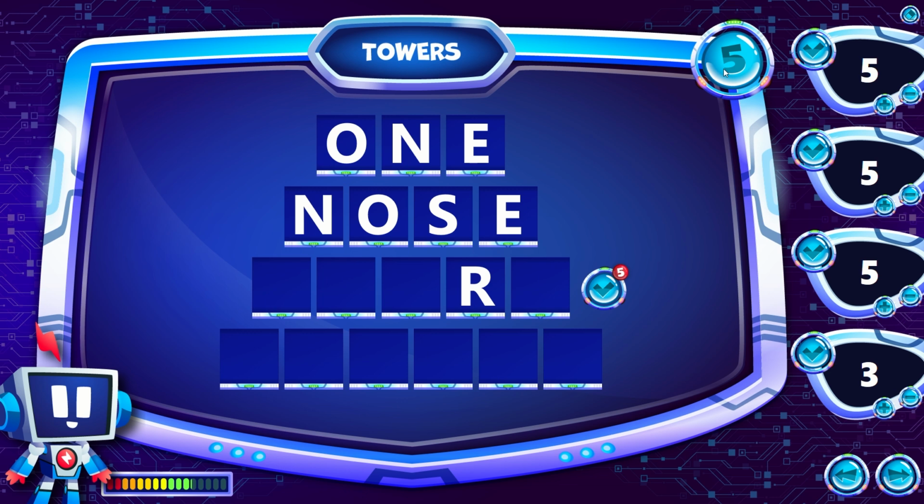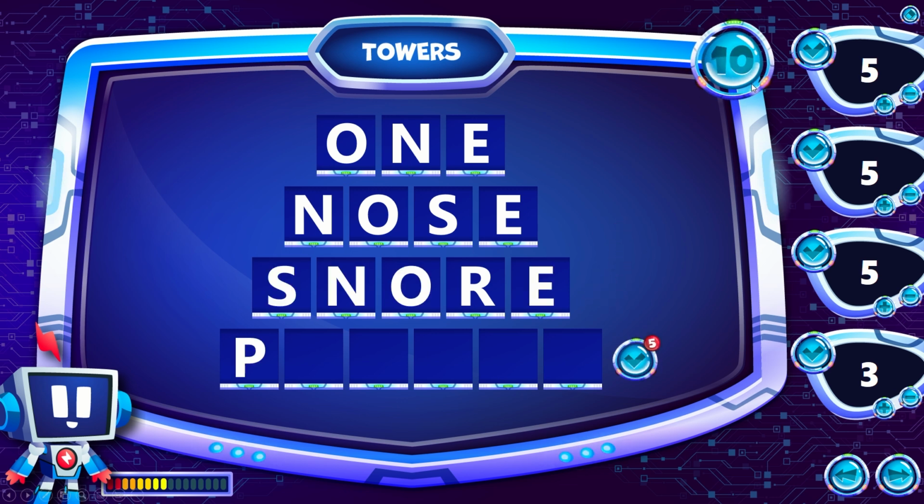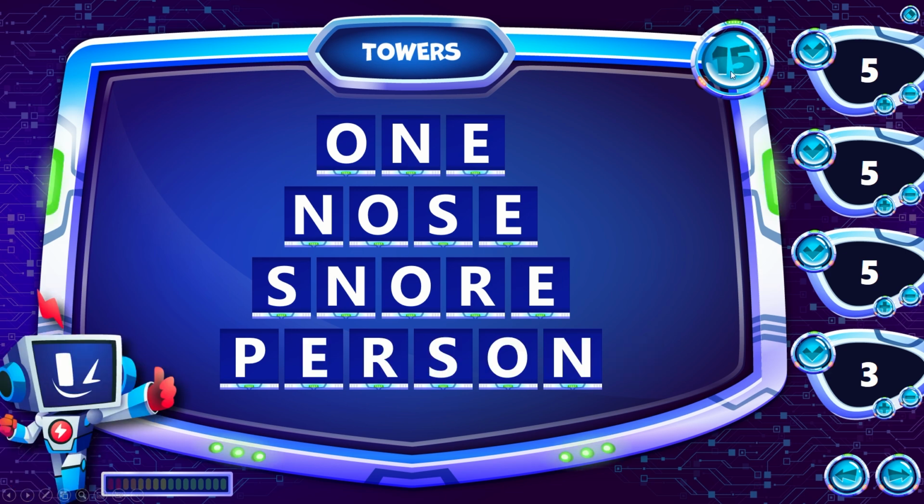If they guess the 5-letter word correctly, in this case snore, you will again click the correct button and you will see they now have 10 points. If they get the final 6-letter word, they will earn 15 points. Once the player completes the tower or the time runs out, you will click the correct button for the current